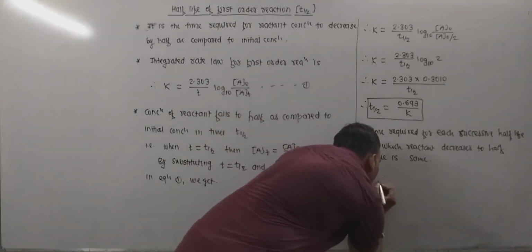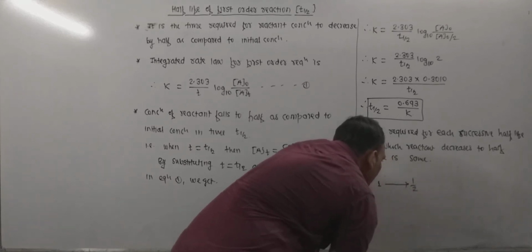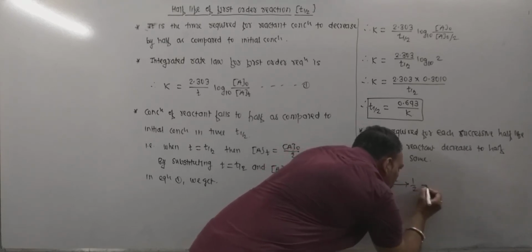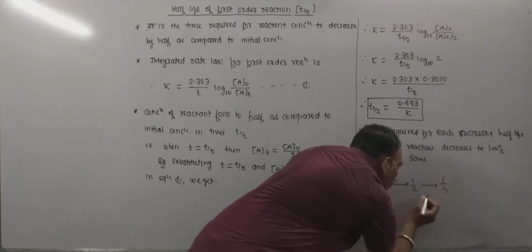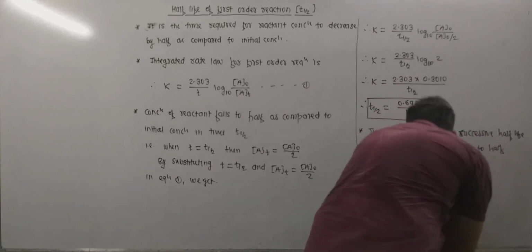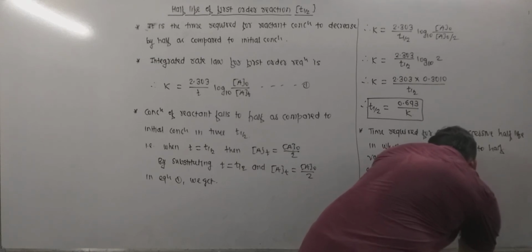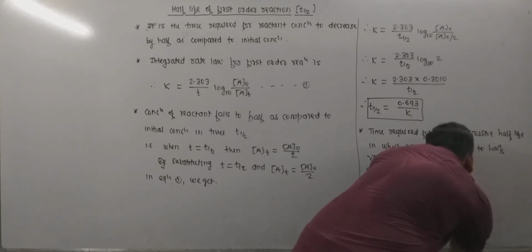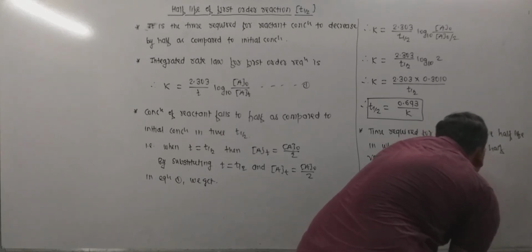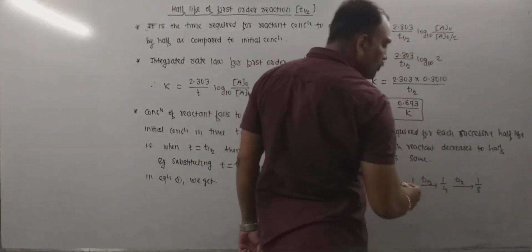For example, when there is a half fraction to react, the time required is the half-life. Starting from this half, I mean 1/4, the time required for this is the half-life as well, I mean t half. So these two time intervals are the same. Starting from the 1/4 fraction, after a time interval of t half, the fraction remaining unreacted will be 1/8. So again this time interval will be the same as these two, and so on.